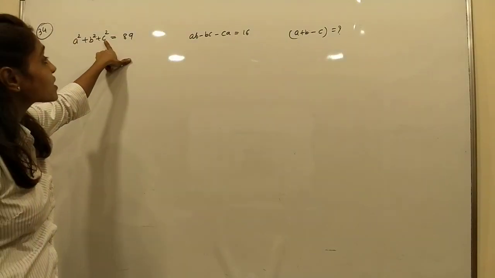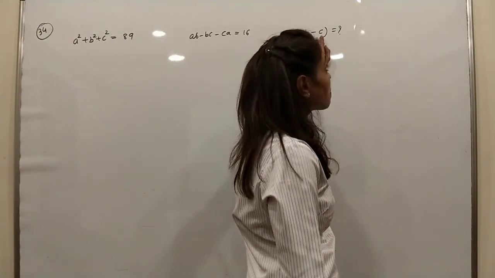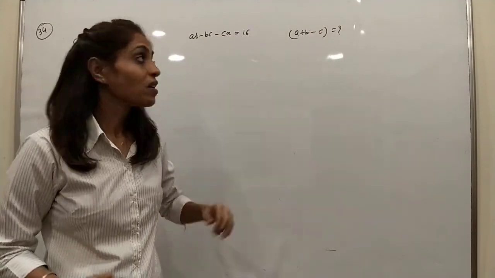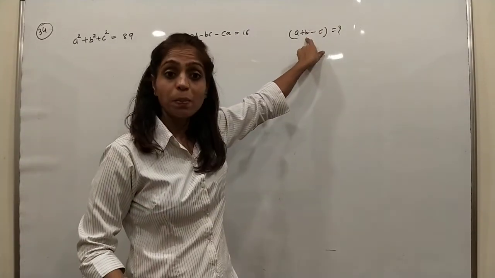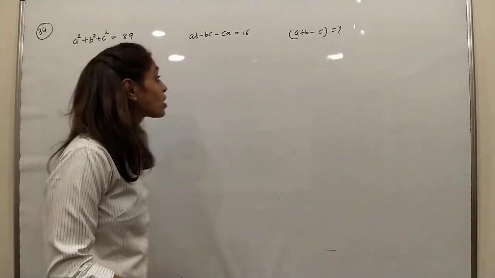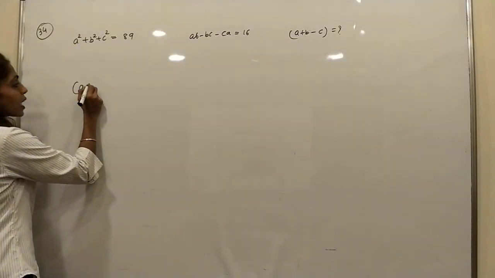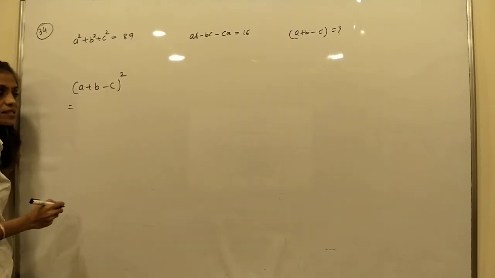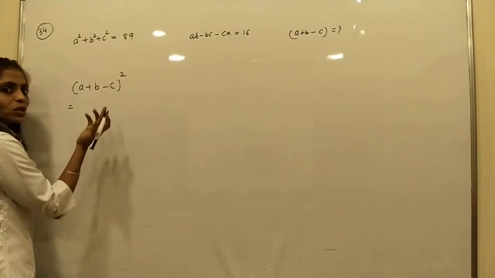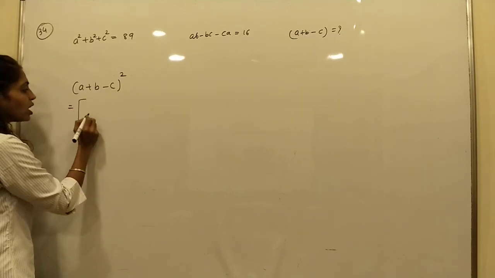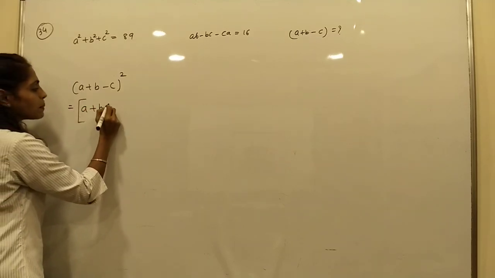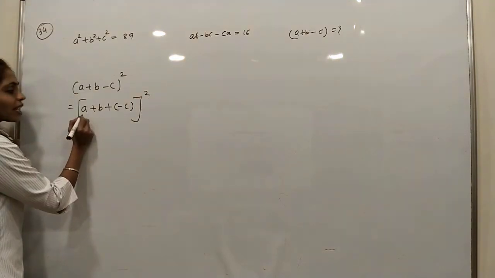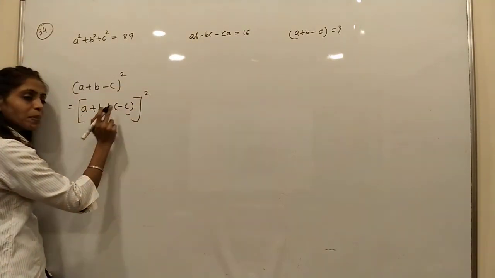We have a square, b square, c square, and ab, bc, ca, and a plus b minus c, which has the lesser power, so square it and 1 power. Then we will start from here. That is a plus b minus c the whole square, but for minus we don't have a formula, so we will do a plus b plus minus c the whole square. It's like a plus b plus c with minus c in place of c.